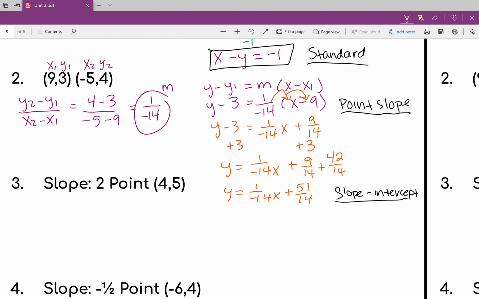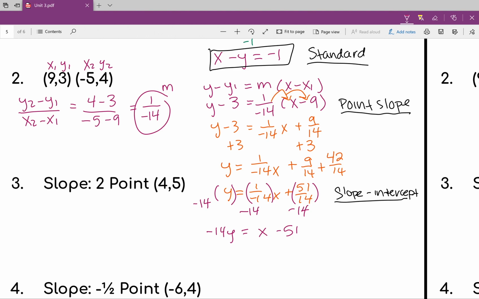So, but what I'm going to do first is I'm going to multiply everything by -14 to get rid of the fraction that's on the bottom. So I'm going to multiply everything by -14. So that means I have -14y. And then 1 over -14 times -14 is just x, so equals x. And then this is going to be -51. So then when I, let's see, subtract x over,